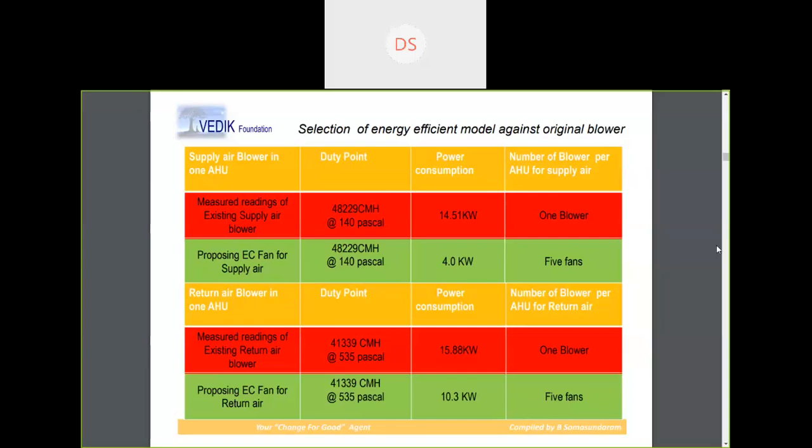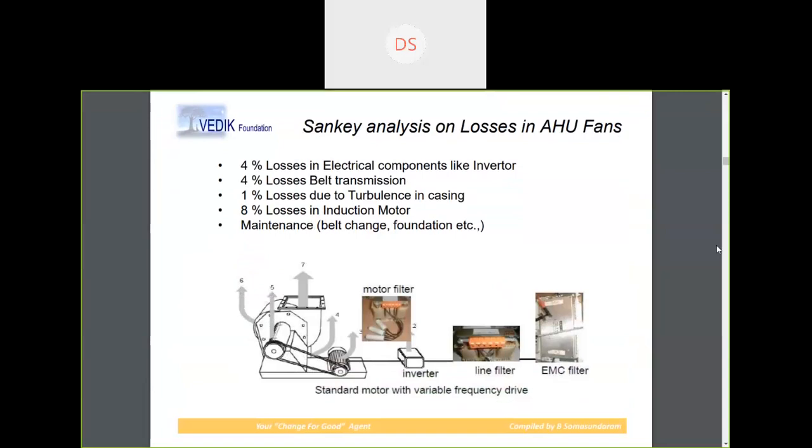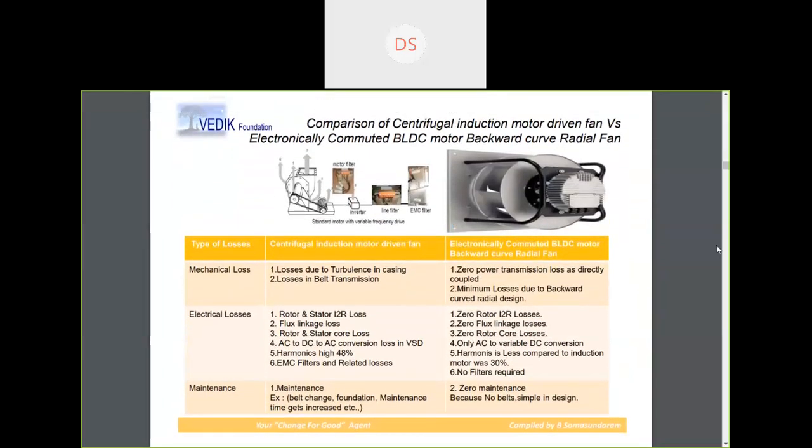So what we did maybe in 2012 or 13 is retrofitting the conventional induction motor driven centrifugal fans into an EC BLDC fan. And we got some significant savings. This is the analysis of why we are getting this saving, with respect to where and how there are losses in a conventional AHU fan driven by an induction motor, and how with an EC BLDC fan the losses are significantly reduced, both the mechanical losses, electrical losses, as well as on the maintenance